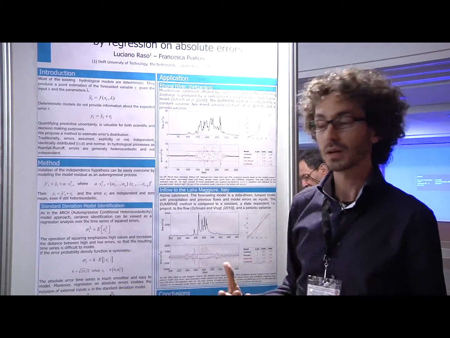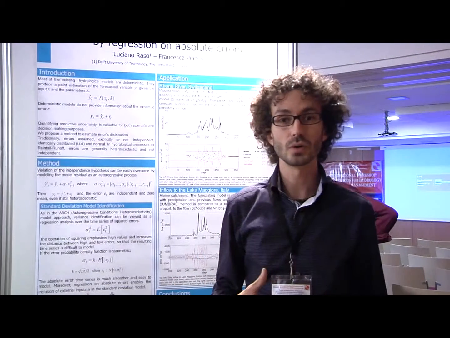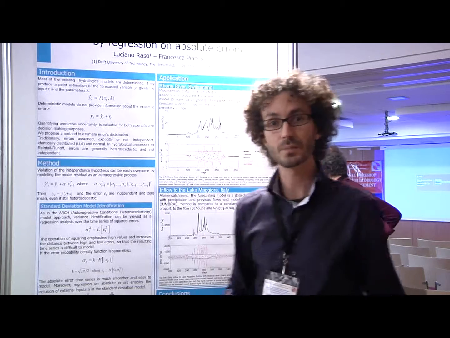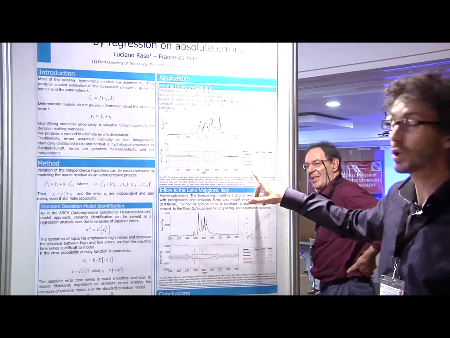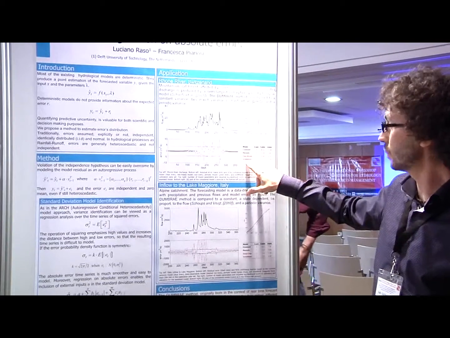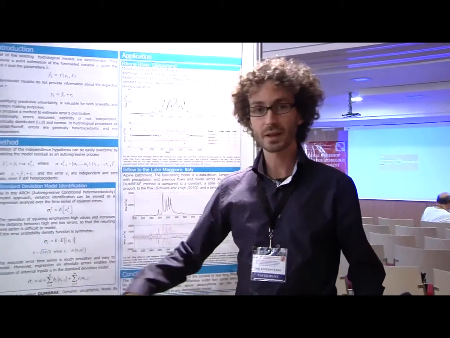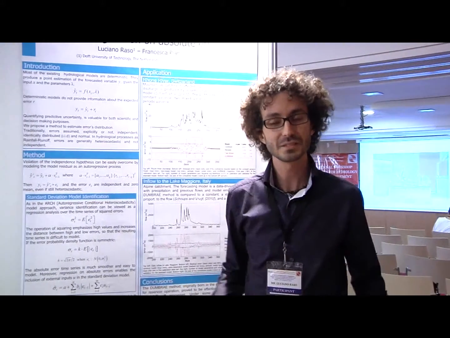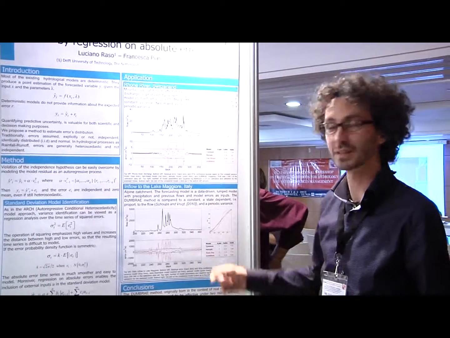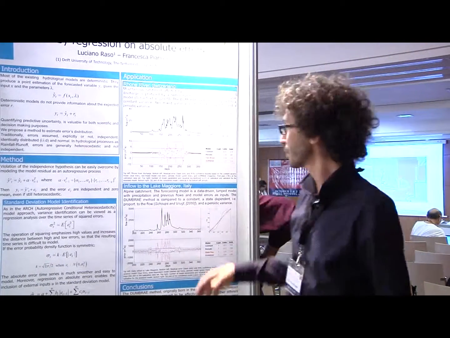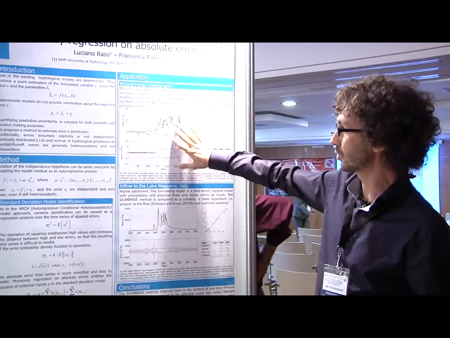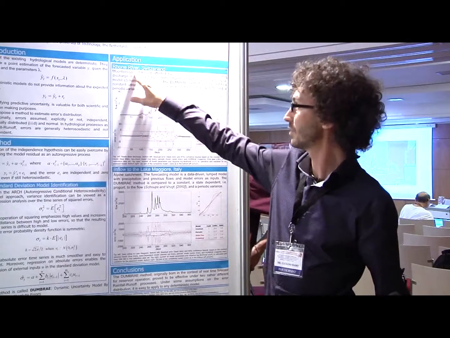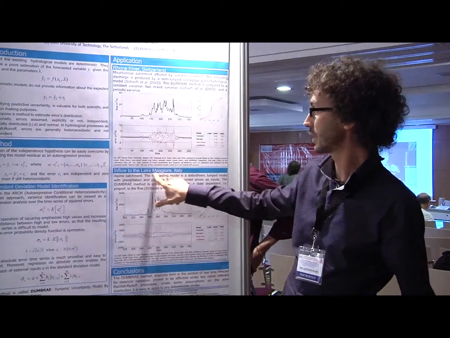Why? Because it's much easier to estimate a time series built on absolute errors. And the effectiveness of this method can be shown on the applications, in which we compare the Dumbre model. It's called Dumbre. Sounds like dumb, but in fact it resembles the fact that it's a simple model. I mean, not completely stupid, but still relatively easy to apply. So if I show some results in this plot, we apply it to two test cases. One in Switzerland, the Rhone River, and one is in Lake Maggiore.